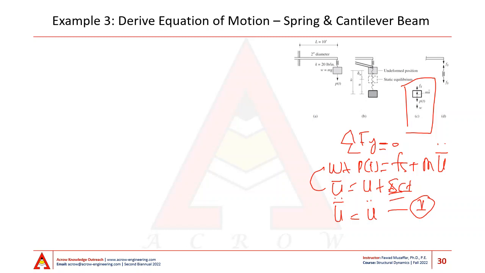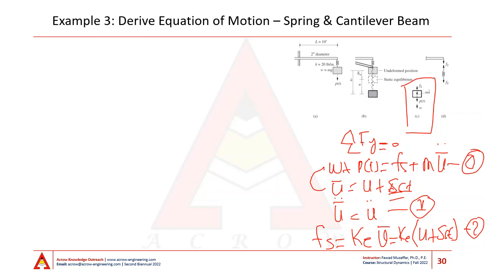Also, I can write my spring force, or my spring resistance force, as Fs is equal to Ke times u bar. Now Ke is the equivalent stiffness of the cantilever spring system in the vertical direction. We don't know that, we will calculate it. Again substituting u bar into this equation, we get Ke times (u plus delta static). Plugging in the value of u bar double dot and Fs into equation 0 from equations 1 and 2, we get